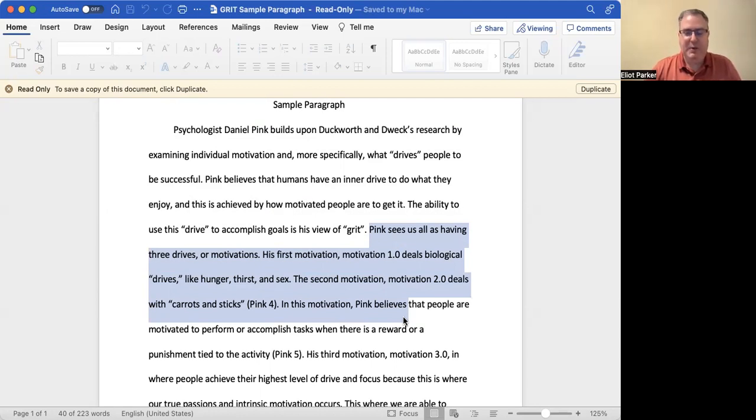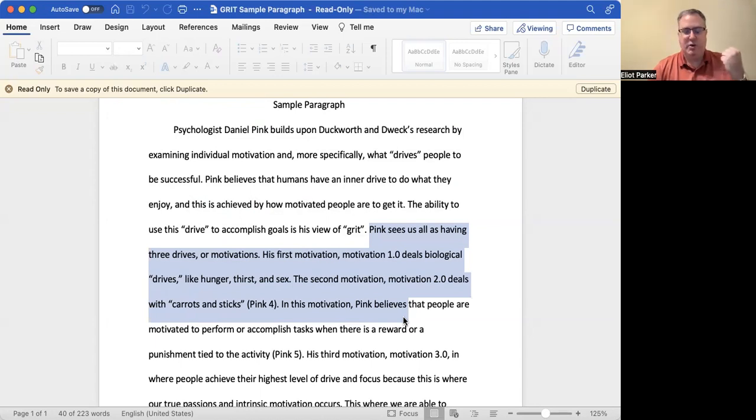Now, if you'll notice, I put Pink 4. Where did I get that? I got that from the handout that I sent you, sort of Pink's theories and breakdowns. So that handout actually came from a book that Daniel Pink had written several years ago. I didn't want us to use that book. I didn't want us to have to navigate and manage reading another lengthy text for this particular module, like we did with the Common Read. So I just kind of gave you the cliff notes of everything that his book focuses on. So you have that to refer to.